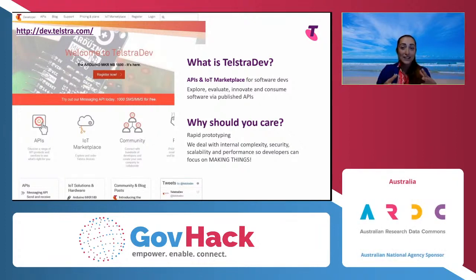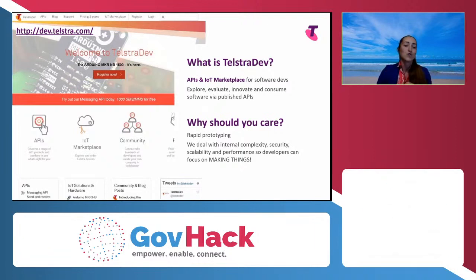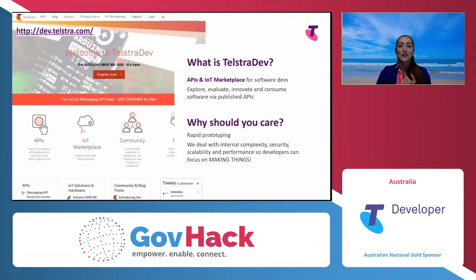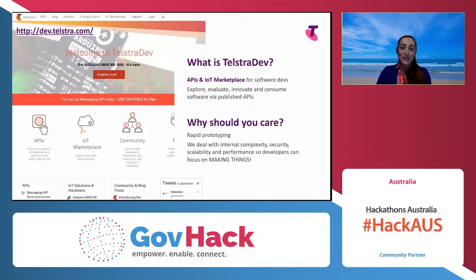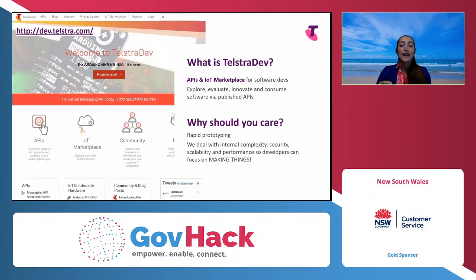But with the Internet of Things, so that's the IoT, we are connecting all kinds of devices, from traffic cones and vehicles to SIM cards and smart glasses and smart watches and pet trackers and everything in between. So the world of telecommunications is not just for people with phones, it's for so many different kinds of developers and devices. So here we've got the API and IoT marketplace, where developers can access Telstra's core network through APIs